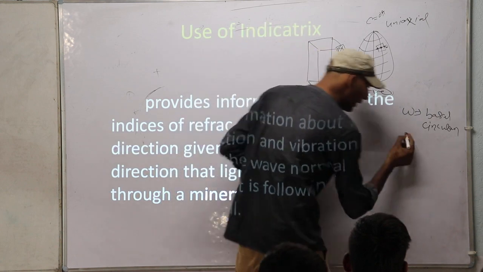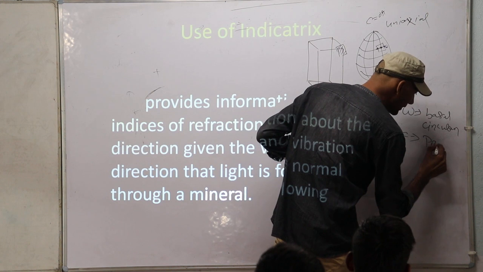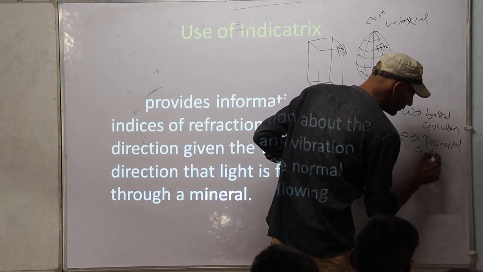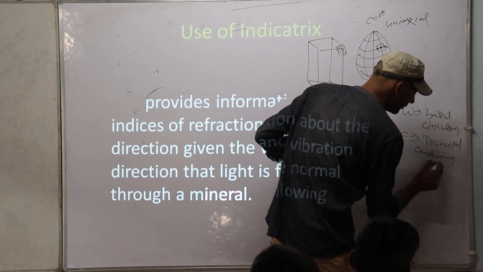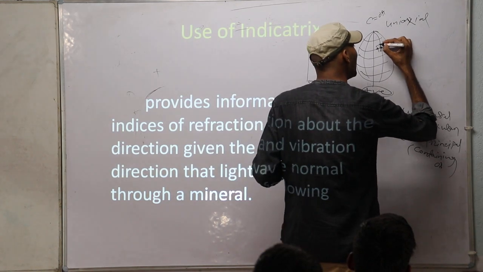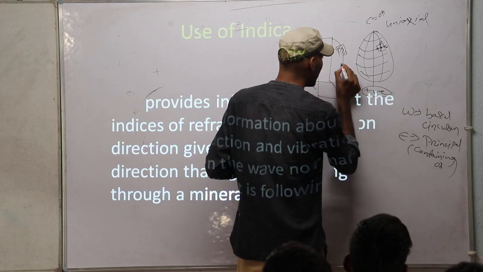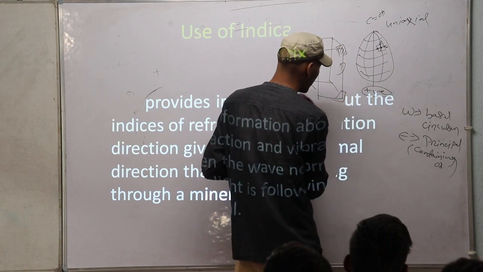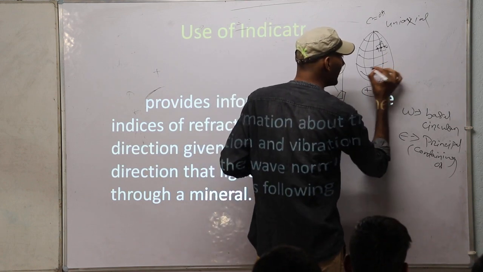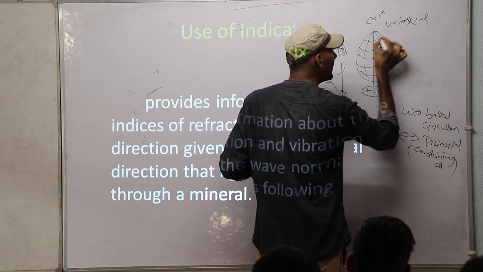Talking about E ray, the vibration is in the principal section, that is, in the principal section containing the optic axis, right? So this vibration will be for epsilon. Similarly, for any point, if you are taking a section here, here, or here, any point in this mineral, if you are defining that point here, you can get the vibration of O and E rays at each point.